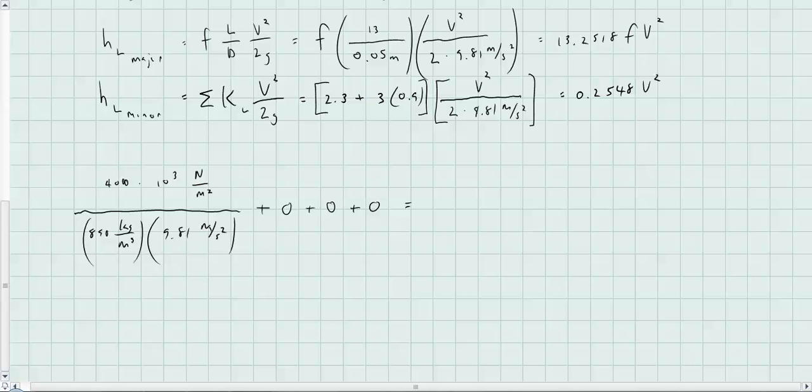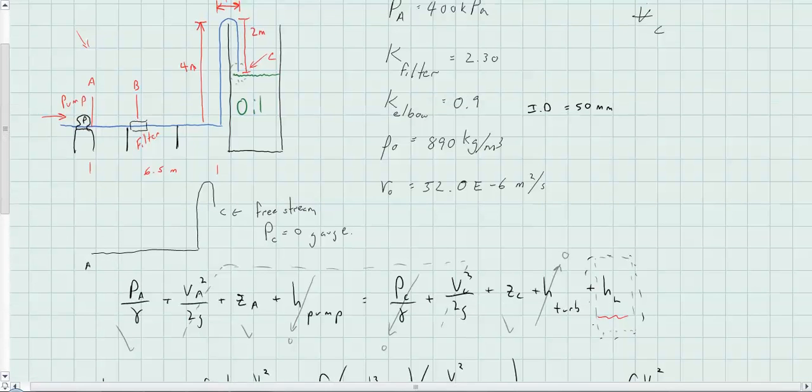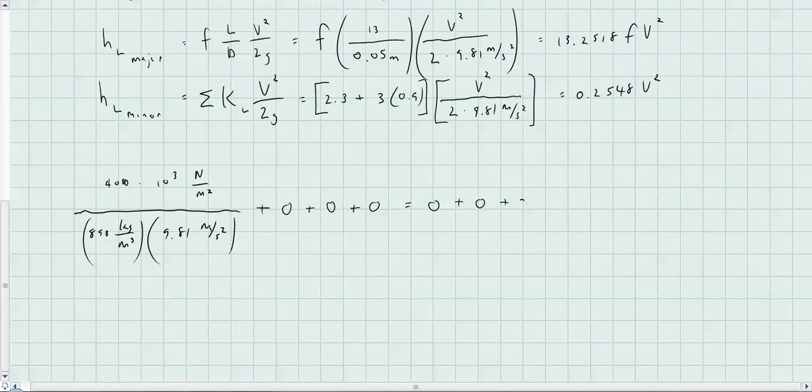Say that's equal to the pressure at C, which is again atmospheric. The velocities have canceled out, and there's a 2 meter rise. You went up 4, down 2, so the elevation change is 2 meters,